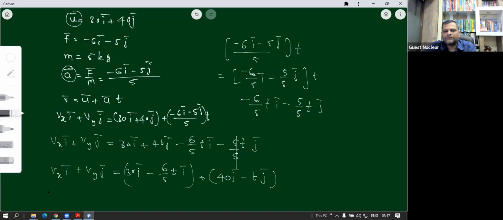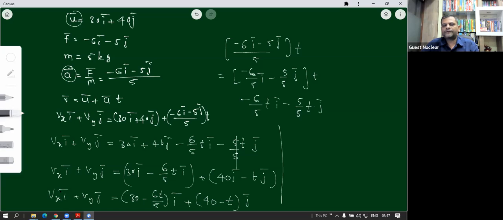Okay, अभी अगर हमने इक्वेट किया, क्योंकि इसमें देखो Vx इंटू आई बार as it is plus Vy into J bar as it is, okay, which is going to be equal to, अब यहाँ पे इसमें से ना I bar कॉमन निकालो, तो देखो अंदर में क्या बचेगा 30 माइनस 6t/5 इंटू आई बार कॉमन निकाल लिया, इसमें से भी J bar कॉमन निकालो दोनों टर्म्स में से, तो बचेगा 40 माइनस t एंड दैट इज मल्टीप्लाइड विद J bar. इससे हमको दो इक्वेशंस मिलते हैं। इफ यू कंपेयर द कोएफिशिएंट्स ऑफ आई बार on both the sides and J bar also on both the sides, then we get two equations, that is Vx is actually going to be 30 minus